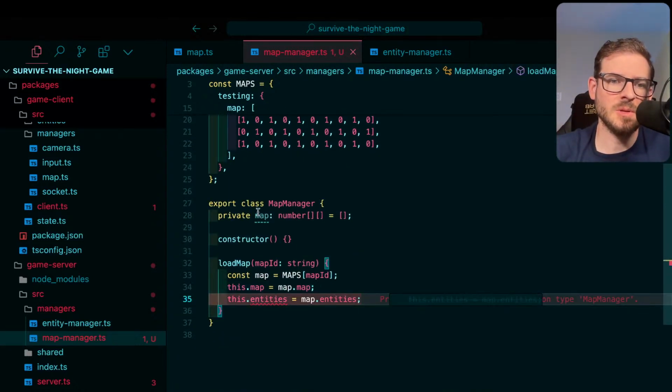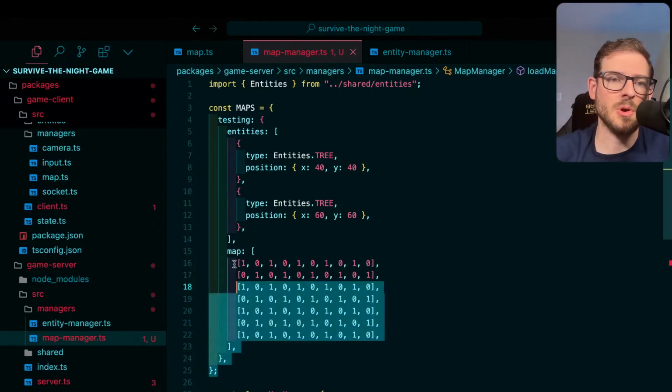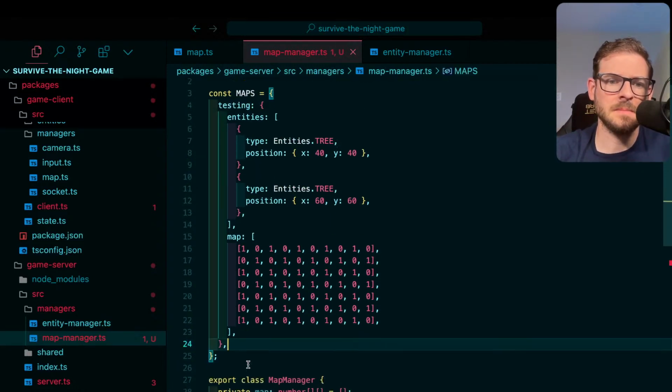But yeah, so the idea is you make a map manager and then you do a load map that is going to figure out whether it has to go and read from disk. Right now I'm hard coding all the maps into this lookup table. But if you do map of testing,